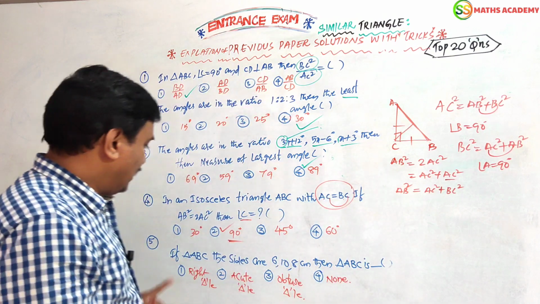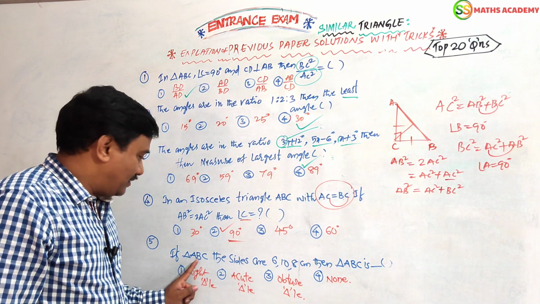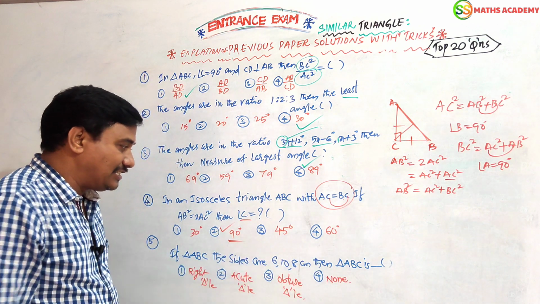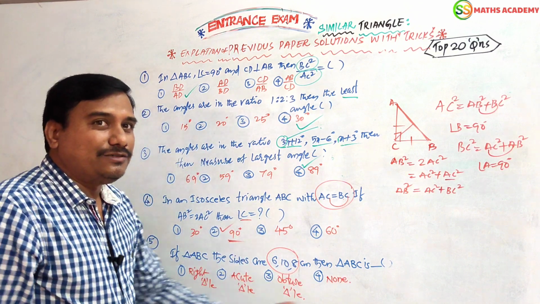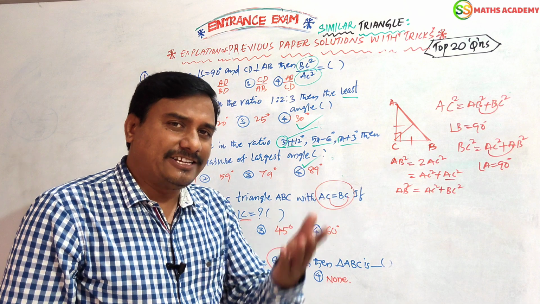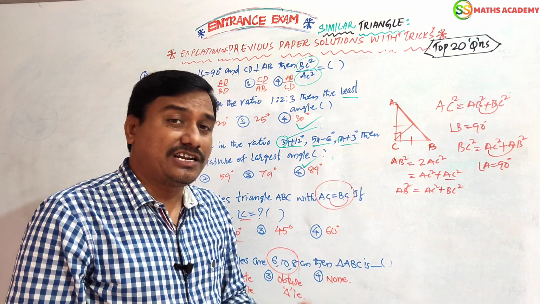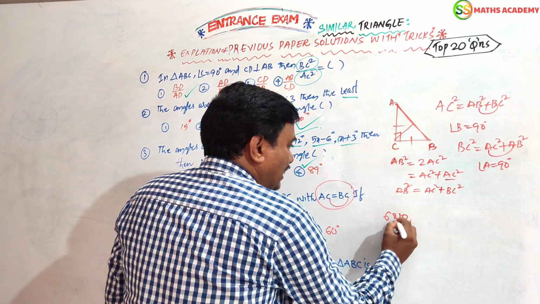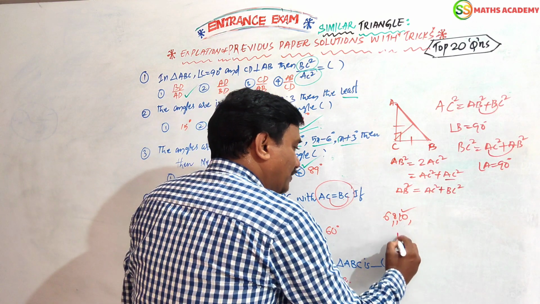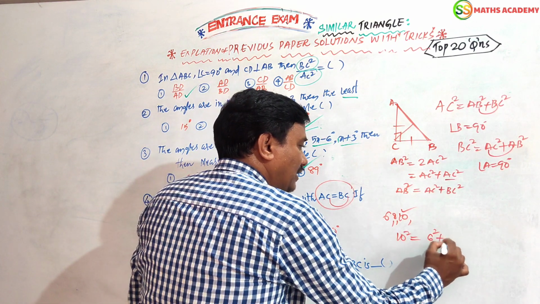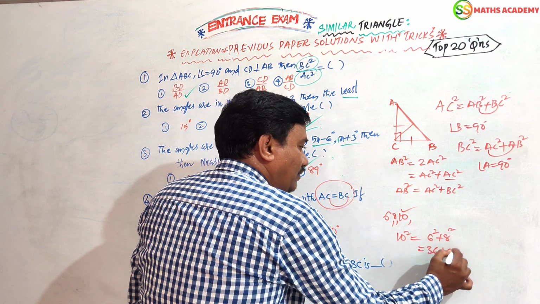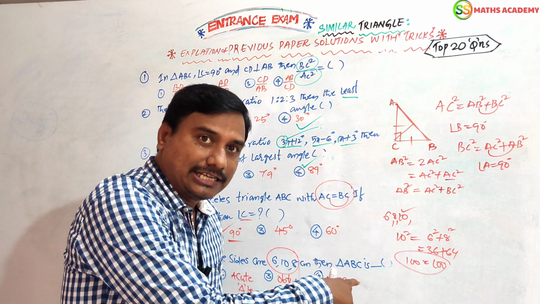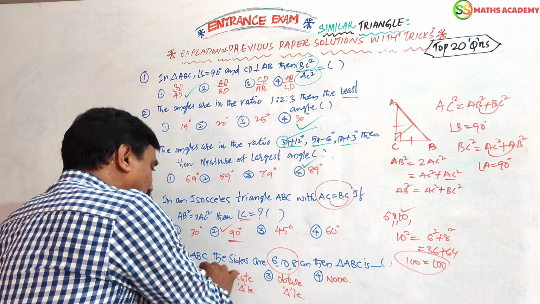That's it. Next, in triangles, one more interesting question. Triangle ABC, its sides are 6, 10, 8 centimeters. Then triangle ABC, which type of triangle is this? By seeing these measurements, which type of triangle is this? Yes, I know. That is absolutely a right angle triangle, no doubt at all. How would I know? Simple. 6, 8, 10. What is the biggest side? 10. 10 square equals 6 square plus 8 square. 6 square is 36, 8 square is 64, nothing but 100. 10 square is 100. LHS equals RHS. That is the reason it is applicable for the Pythagoras theorem. Then it is called a right angle triangle.